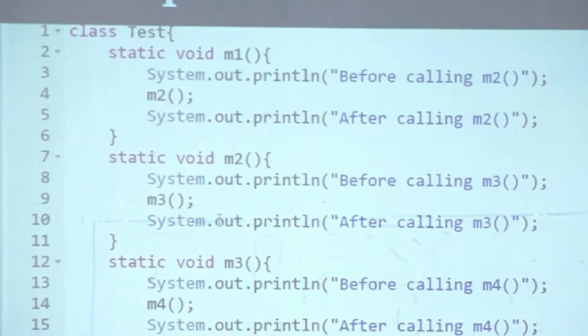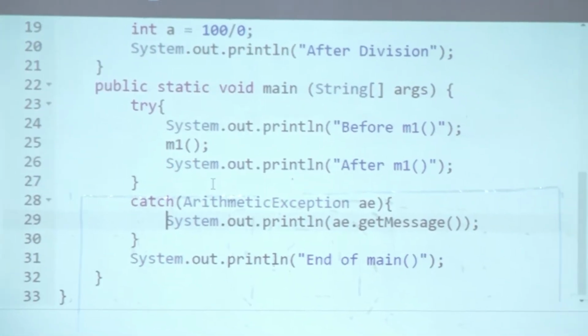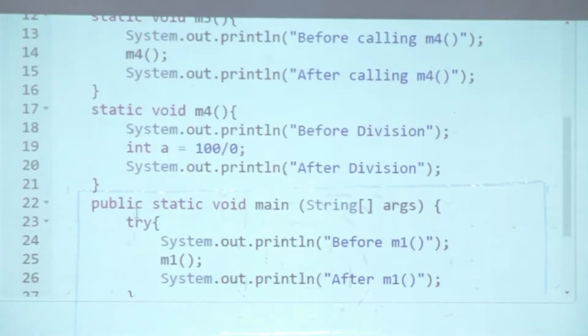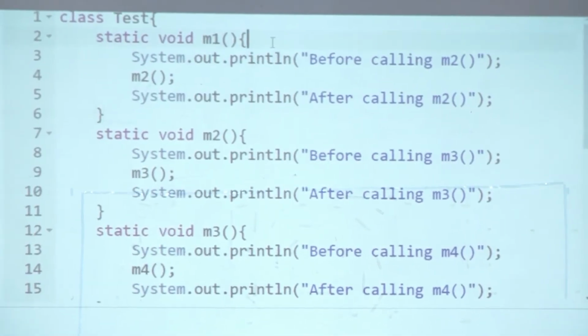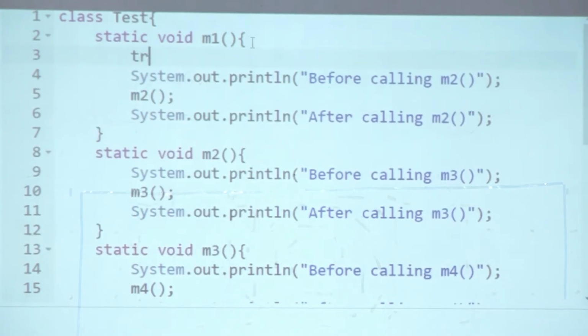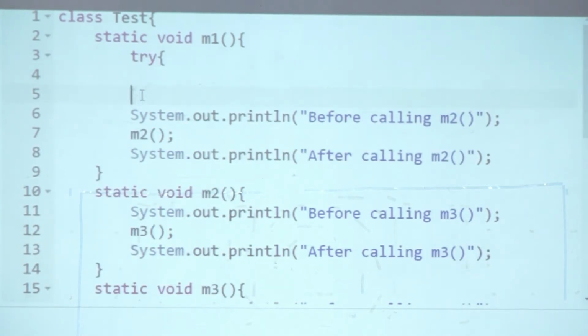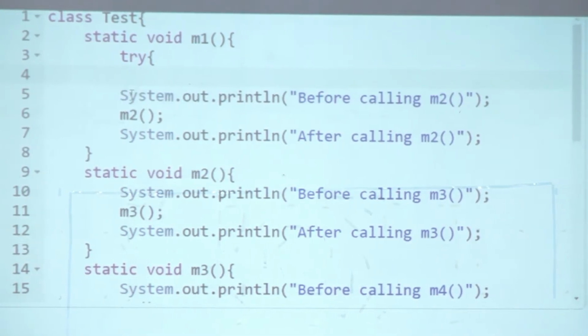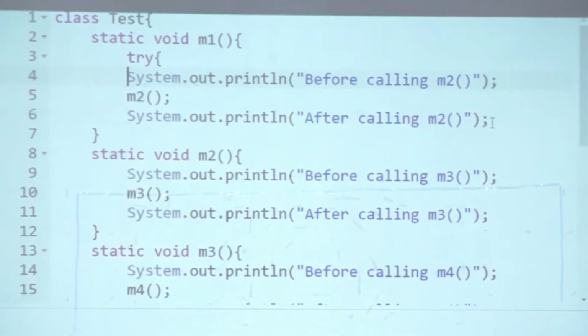So let's understand. Now coming down, okay. Just like we put a try catch block in main, we are going to put a try finally in every method. So we will start with M1. The whole 3 lines you put in try. We'll shift all the 3 lines into try. Okay. Here we go.